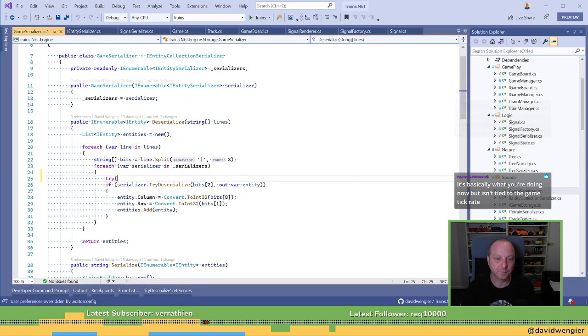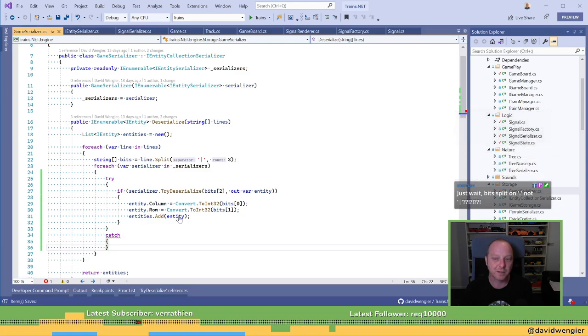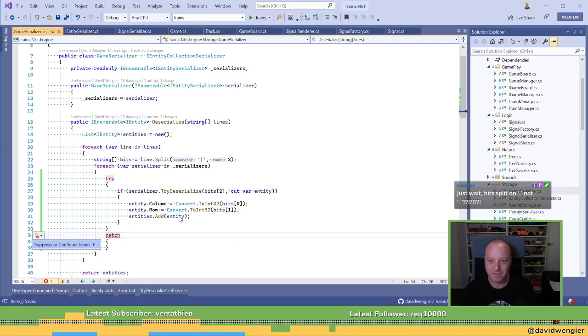Yeah. So I'm just going to show that. So now, in theory, my bit split on dot not pipe. Yeah, they only split on pipe for trains because trains have, you know, lots of the name.